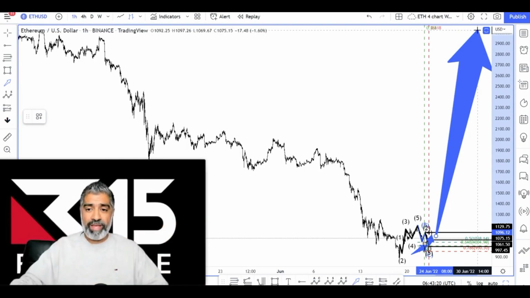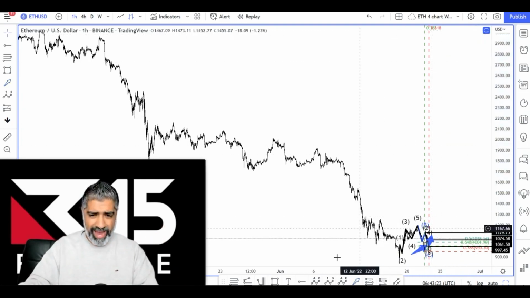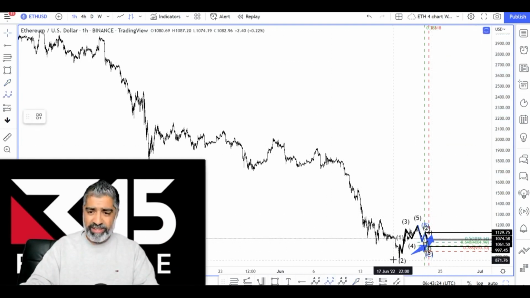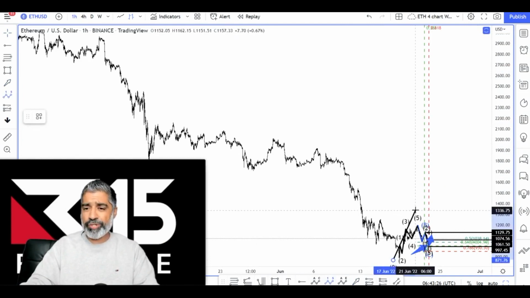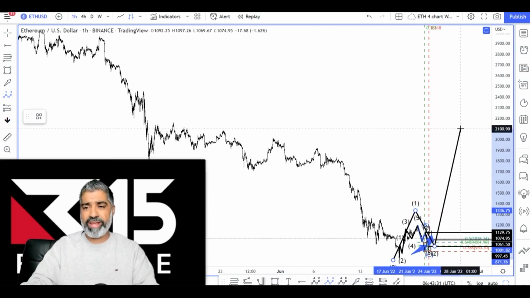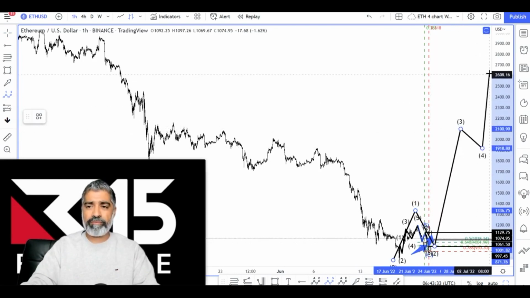And if it takes off, what would it look like? Well, more than likely, again, I'm just speculating here, but this initial move will be like a wave 1. We're expecting like a wave 2, a nice wave 3, explosive, 4, and then 5.